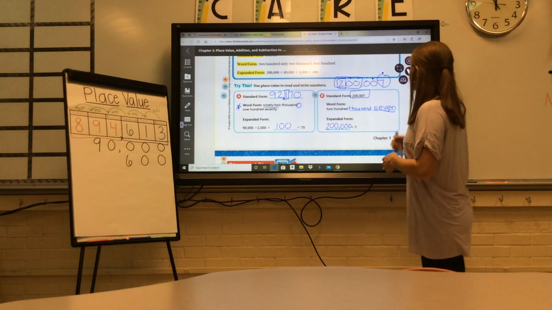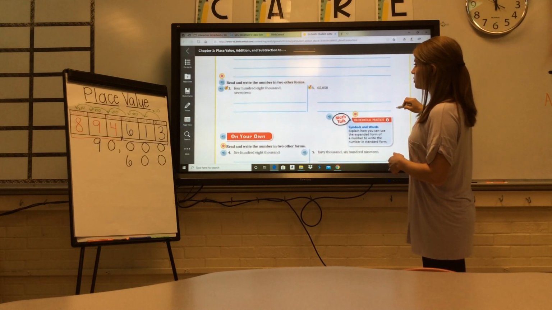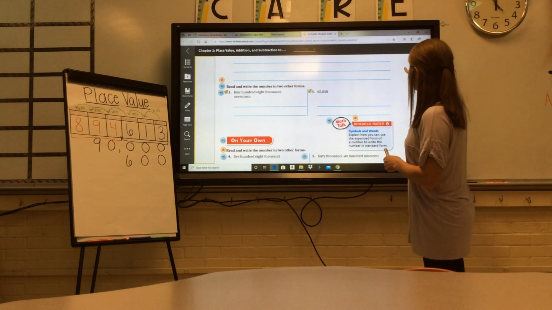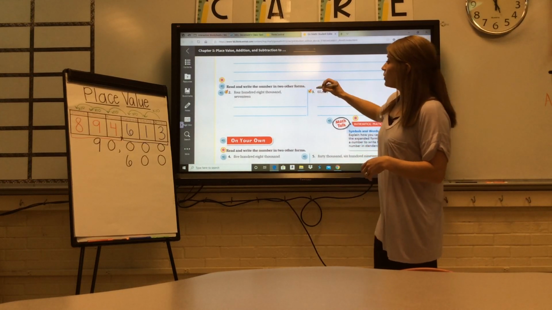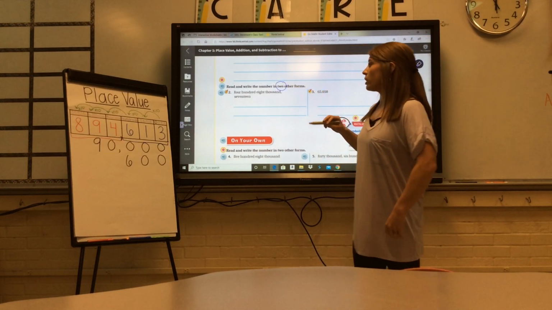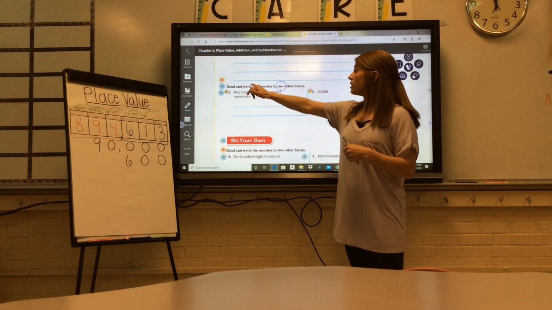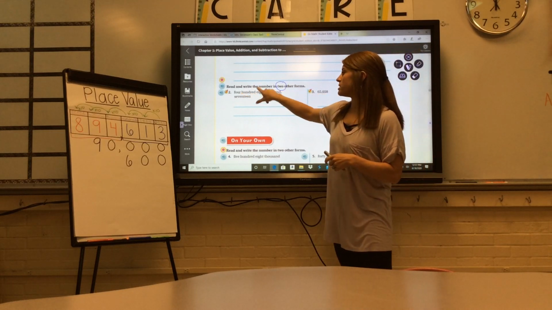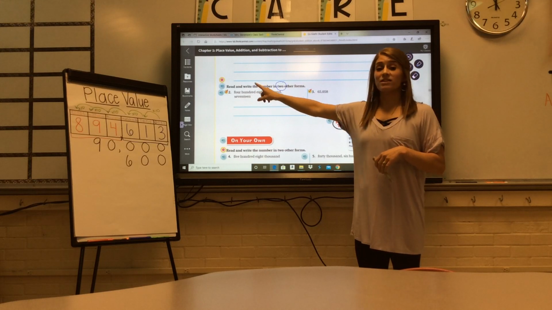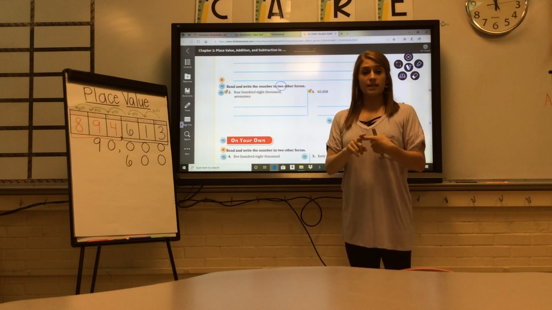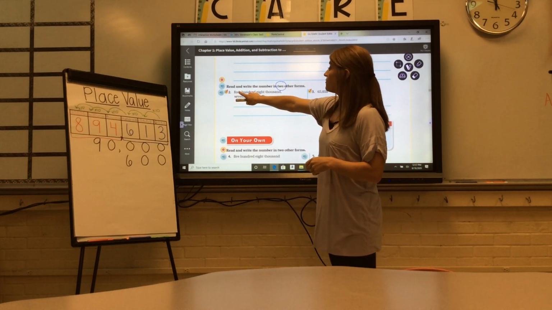Good job. All right. Let's look at some more examples. We're just going to do these 2 examples right here, and then you'll have some that you can go practice on your own. All right, so they want us to read and write the numbers in two other forms. So if they give it to you in one form, you write it in the other two. So for number 2, they've given it to us in, what form is this? What form did they give this to us? Right, this is word form. So we're going to have to write it in standard form and expanded form. Okay? So the number, it says